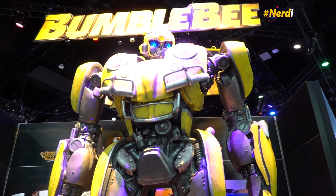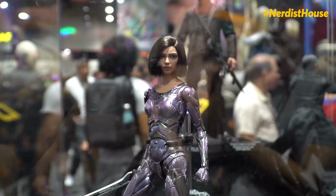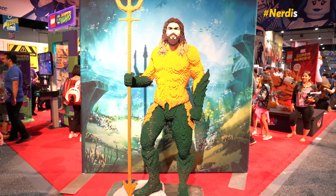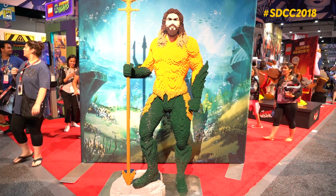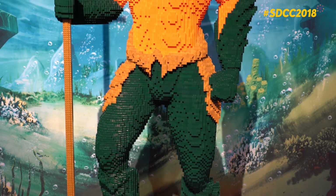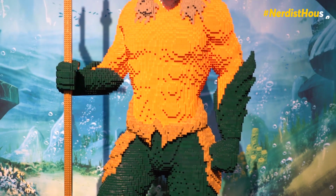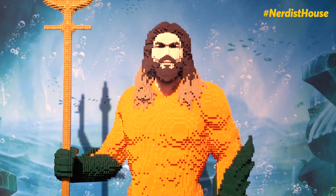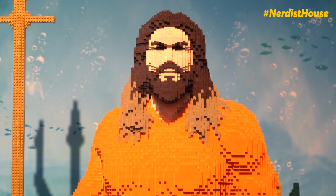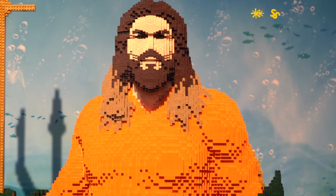There were amazing offerings from Star Wars, Marvel, Transformers, and pretty much any other thing your nerdy little heart could desire. But maybe the biggest catch of the night was this life-size Lego Aquaman, and not just because a life-size Jason Momoa crafted from any building material would get our attention. No, what really caught our eye were those eye-popping colors, green and orange, really making a statement, and that statement is, we're going retro. Yes, that is contemporary Aquaman in his old-school Super Friends color scheme,